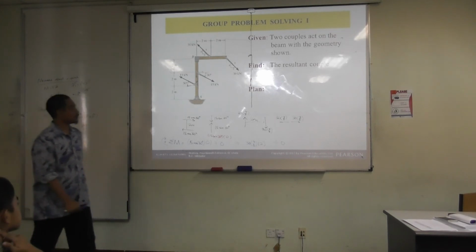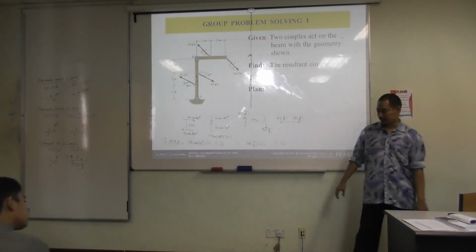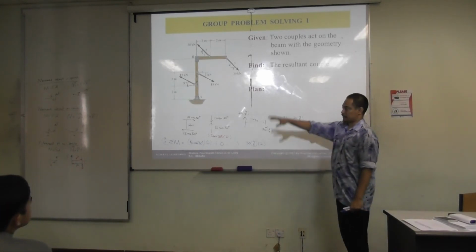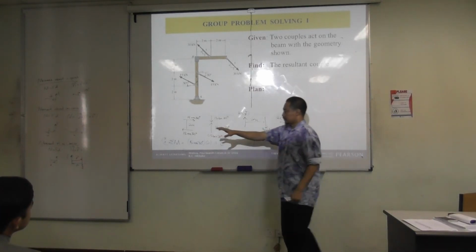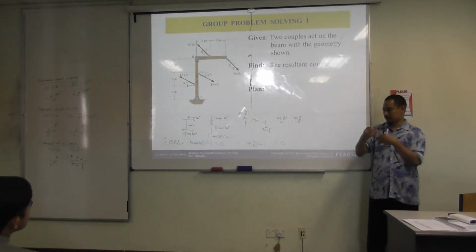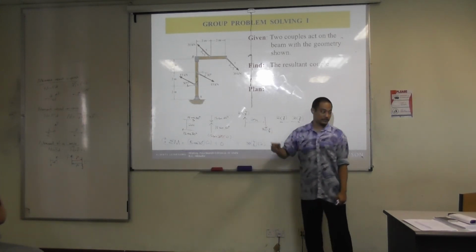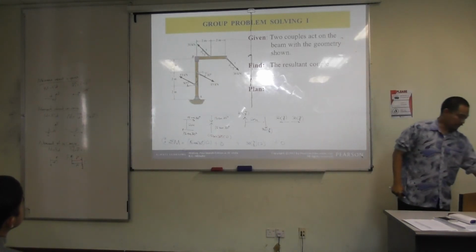Another question? But the concept is the same. If you have multiple couples in 3D, you also just do R cross F, R cross F, R cross F, R cross F. Just identify the couples. The only difference is it will be F and then R, etc. So in terms of the calculation,